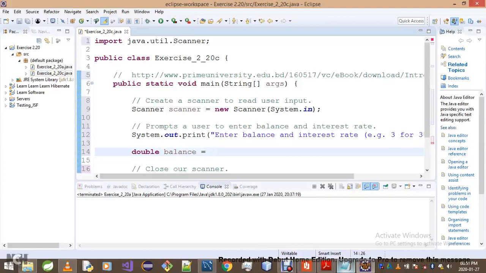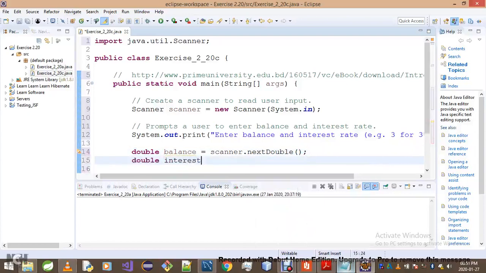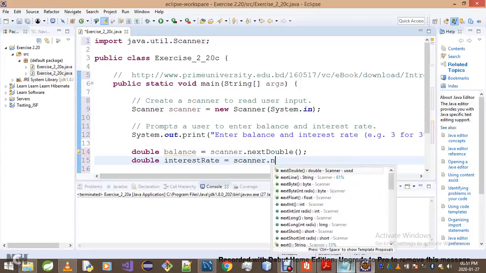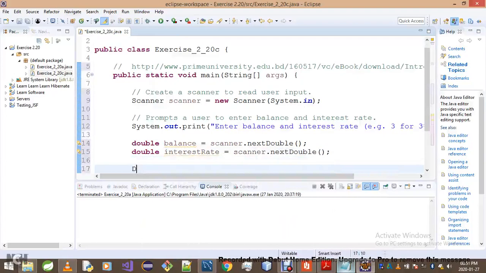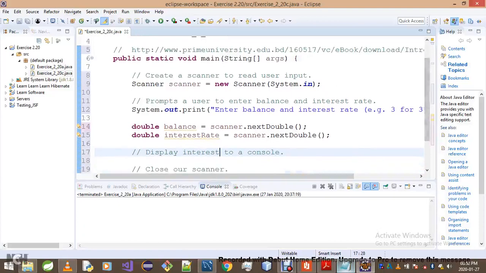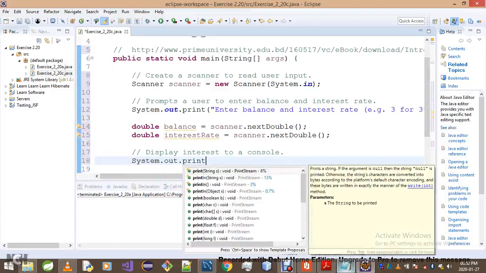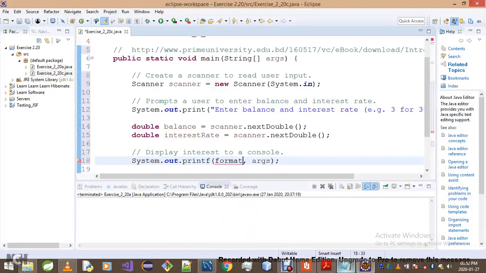Okay, so double balance is equal to scanner.nextDouble. Then you go double interestRate is equal to scanner.nextDouble. Okay, now it's time to display. Why can I type interest to a console? So we'll simply go System.out.printf, and we'll simply go the interest